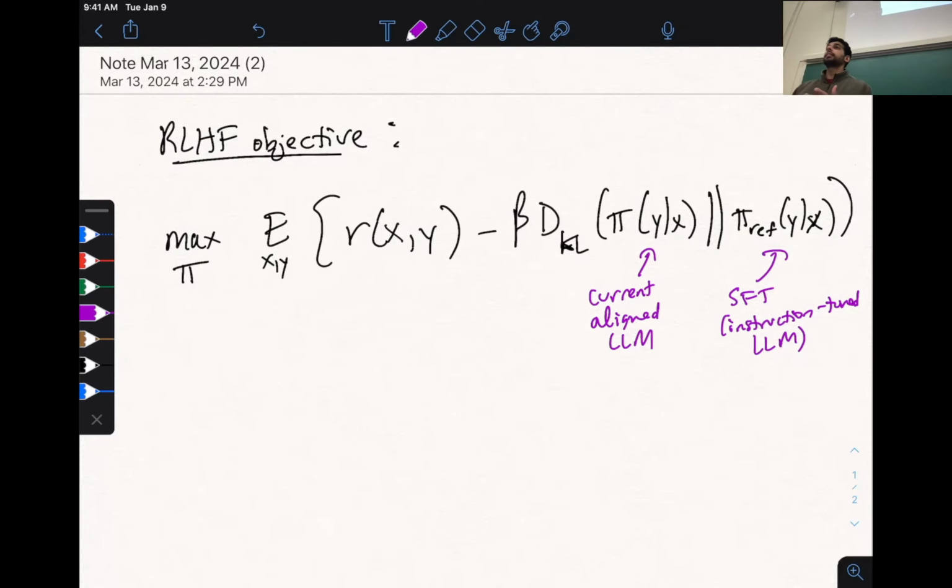What are some bad things that could happen in this case? Yeah, so there are many cases in which the output of this model without the regularizer could maximize the reward,